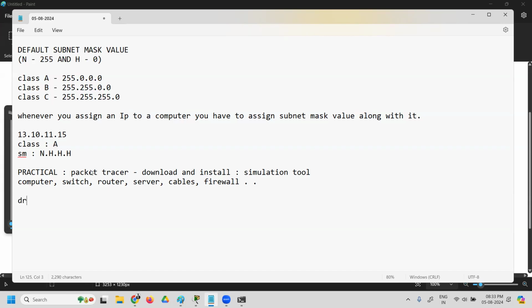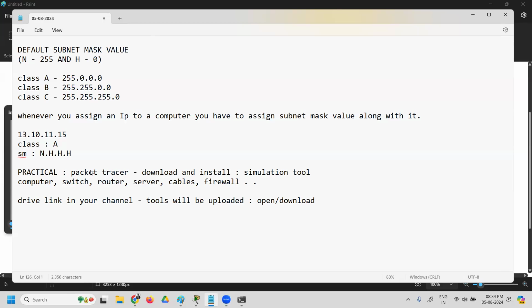We will share a drive link in your channel. Every day, whatever tool we are discussing will be uploaded in the drive link. So you can open that drive link, download whatever tool you want, and install it.